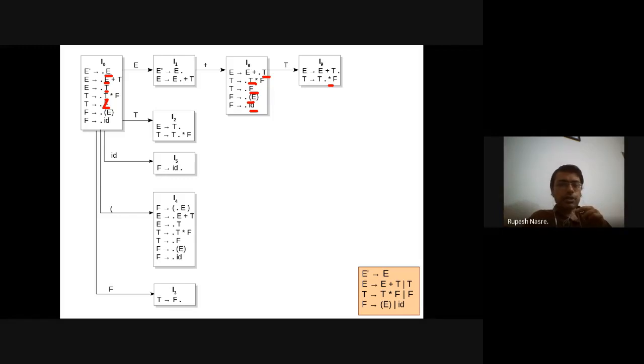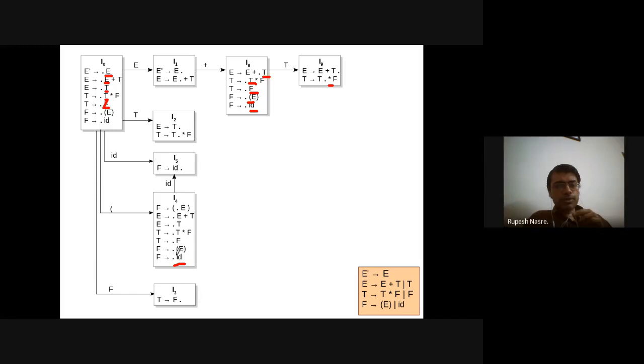All right, good. So now some things are going to mix up. For example, on ID, it cannot be from I5, it has to be from I4. So that F deriving dot ID. So I'm going to go from I4 to I5. Right? This means that there is a reuse of the state, which is going to get done here. Right? So this is the first time it is happening. I5 has two incoming edges, and this is similar to what we have in our finite automaton. Right? There are other things that are going to be possible.